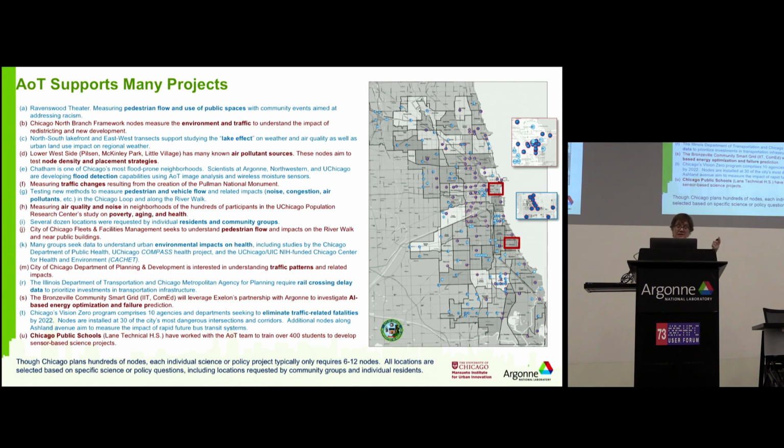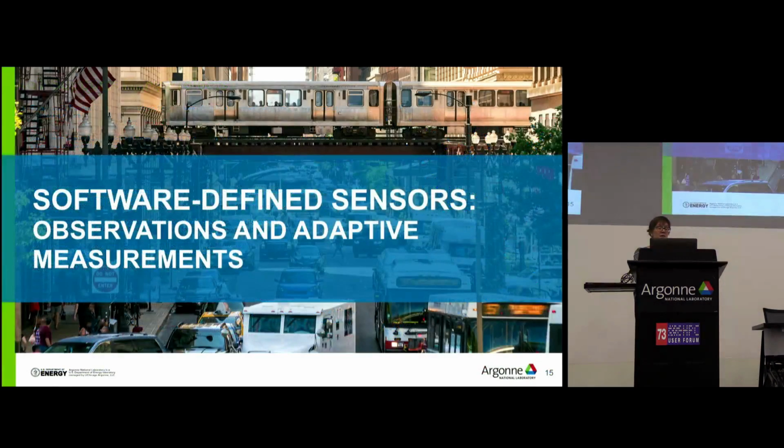So there's a lot of projects, and I realize you can't read that, but the idea is that this supports a lot of projects. So that project's been, the nodes are being deployed and it's ongoing, but one of the things that we noticed was, you can deploy the Waggle platform. It's very easy to attach any other sensors that you want. We have all sorts of good description on our website. You can integrate other sensors and devices.